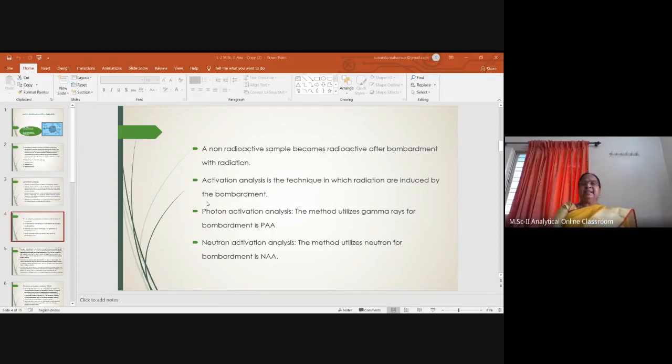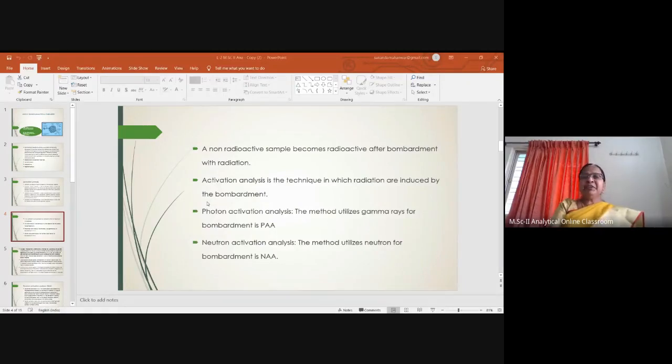Activation analysis is the technique in which radiations are induced by the bombardment. म्हणजे जे सॅम्पल आहे अनालिसिस साठी आपण घेतलेलं आहे, the sample under investigation is non-radioactive, and when we apply the radioactive method of analysis, रेडिओ मेथड मध्ये आपण काय मेजर करतो, we measure the radiations which are emitted by that sample. त्या सॅम्पलने इमिट केलेली रेडिएशन्स आपण मेजर करतो, and therefore we have to prepare that sample, or we have to